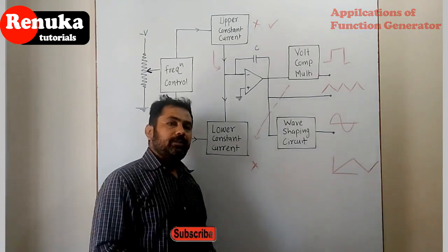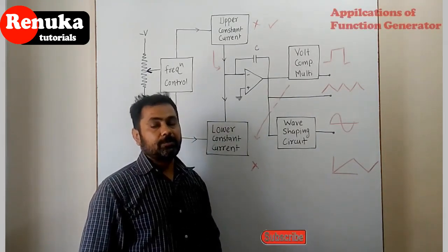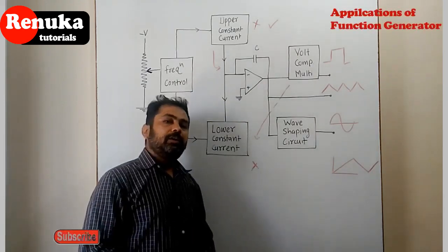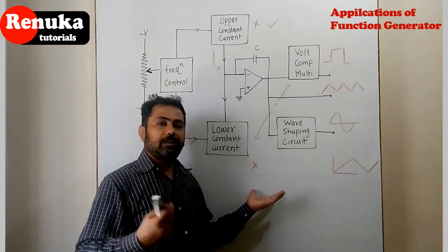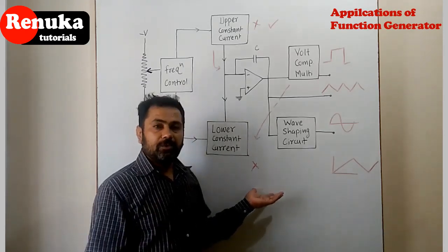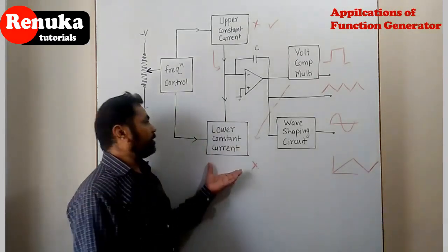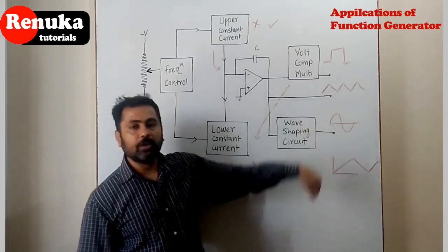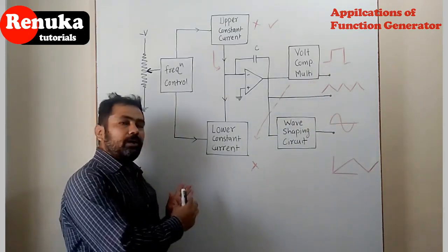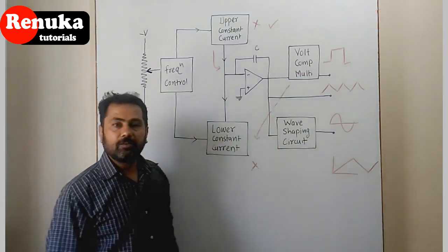It is mainly used for alignment of TV receivers and radio receivers. In the laboratory, this function generator is used to generate a signal as an external input signal for the CRO in measurement of frequency and phase. This function generator generates sinusoidal wave, triangular wave and square wave from low hertz to certain kilohertz. So that is the main application we use in the laboratory.